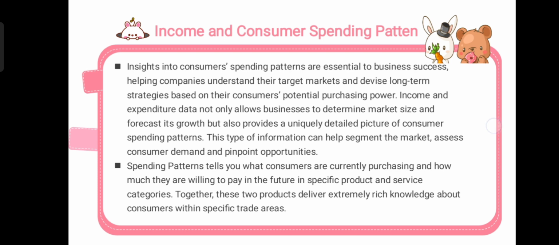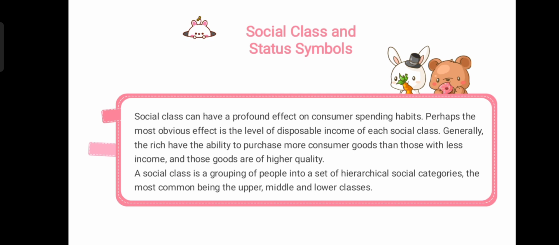Okay, next. So the social class and status symbols. So social class can have a profound effect on consumer spending habits. Perhaps the most obvious effect is the level of disposable income of each social class. So generally, the rich have the ability to purchase more consumer goods than those with less income, and those goods are of higher quality. So a social class is a grouping of people into a set of